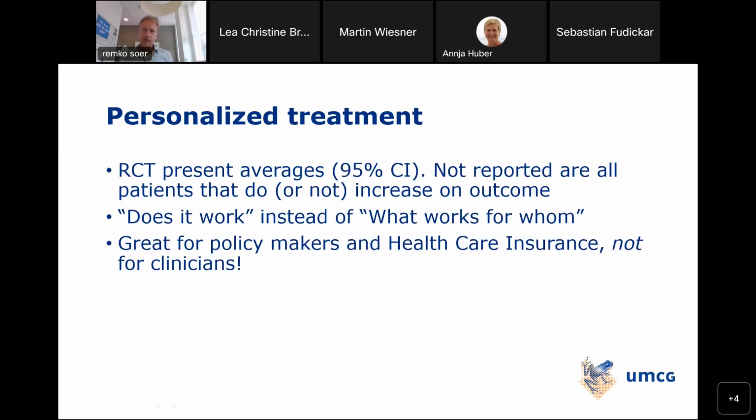If you look at the personalization of the treatment, RCTs in common present averages. So the whole group is being averaged. Basically they don't say how many people do get better, how many people do not get better. And if it is so, then still the question remains, who does get better and who does not get better? So who should we provide which treatment is a completely different